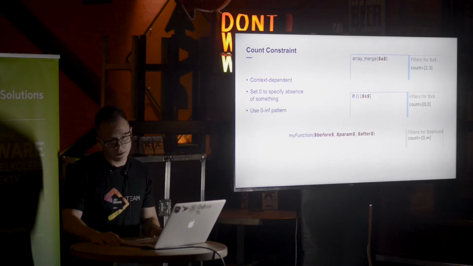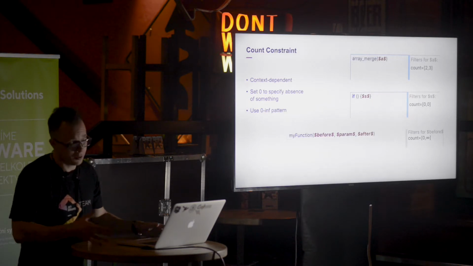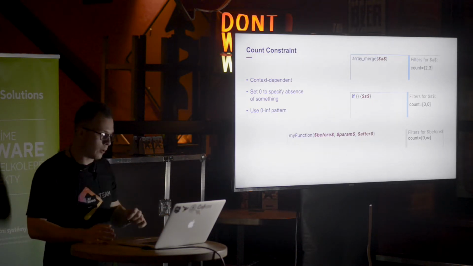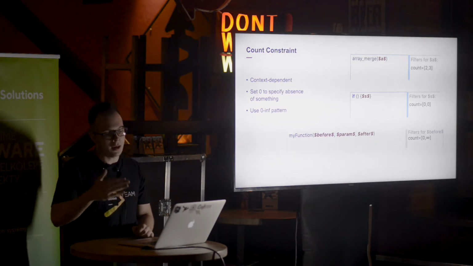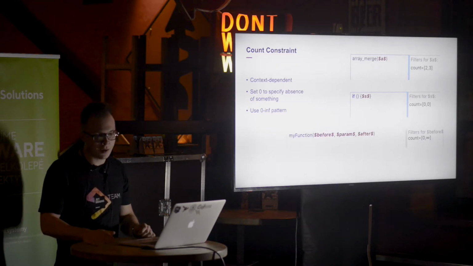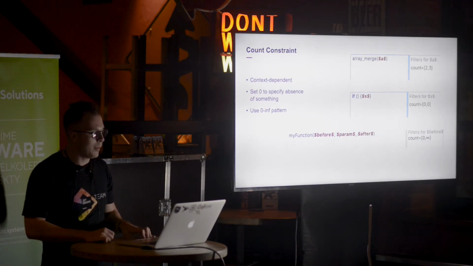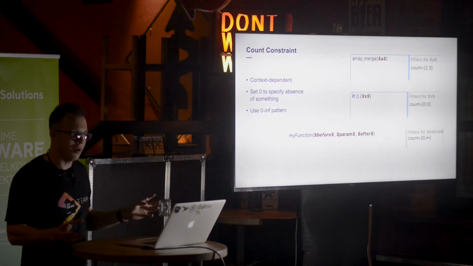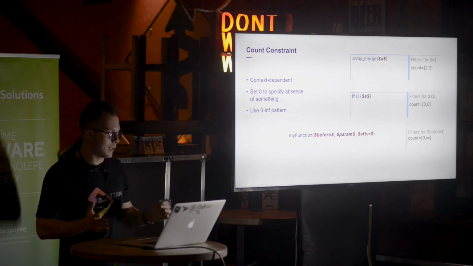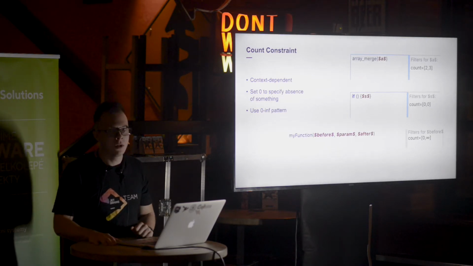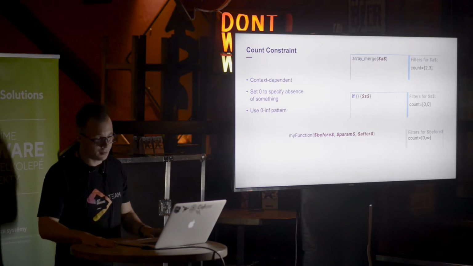Also, we can do some tricks. For example, the zero-infinity pattern, if you can call it that. For example, we have such a pattern, and for the before and after variables, we provide a count from 0 to infinity. By this technique, we made our pattern greedy. So it will eat all arguments from left and right, and after that, we can find all such function calls in which at least one argument satisfies the condition.